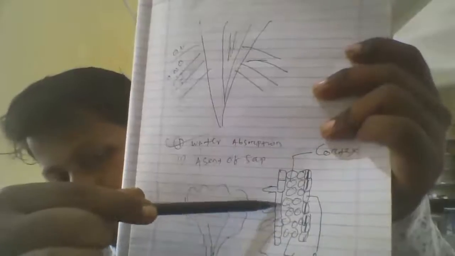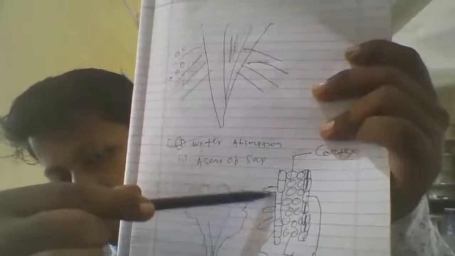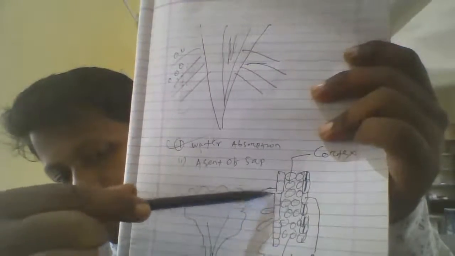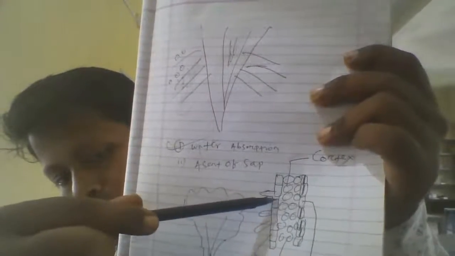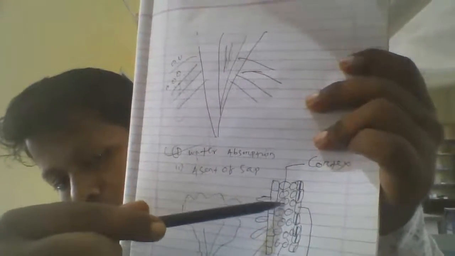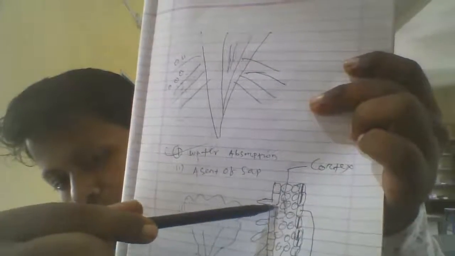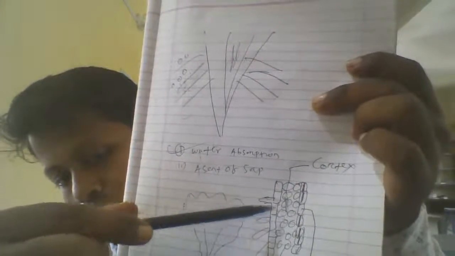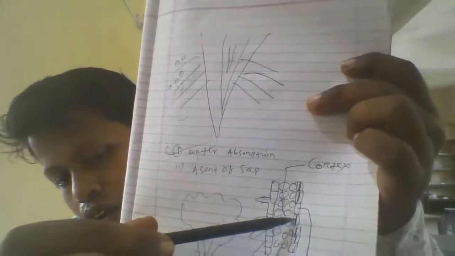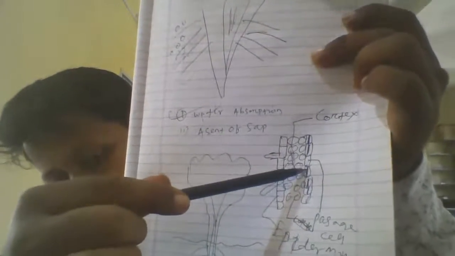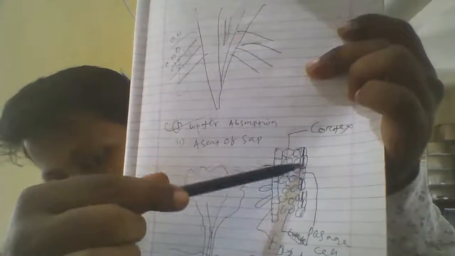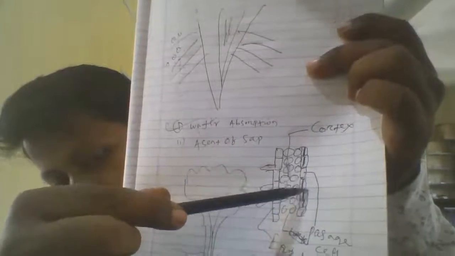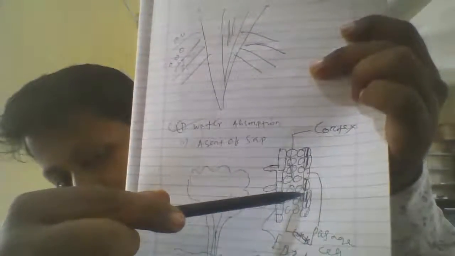So this root hair contains the absorbing organ, and here the water is absorbed through the root hair, and the water moves to the cortical region. This is the root hair region, this is the root hair, this is the cortical region, and this is the endodermal region, called the endodermis, and within this endodermal region there is a strip present. These are the strips, and they are called the Casparian strip.